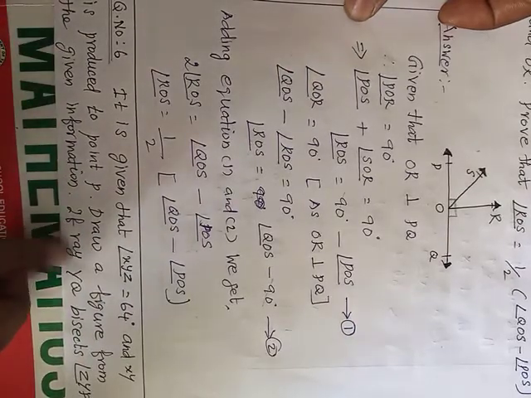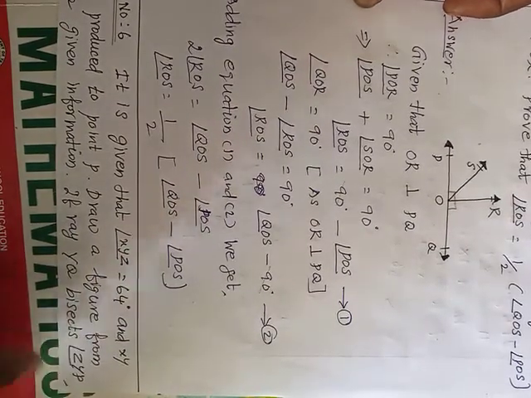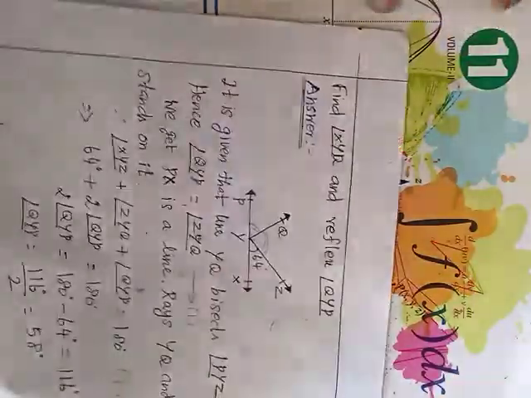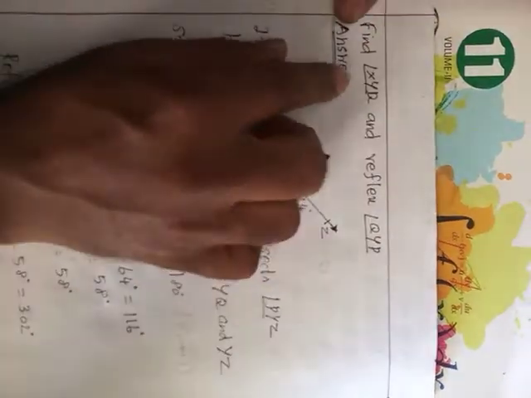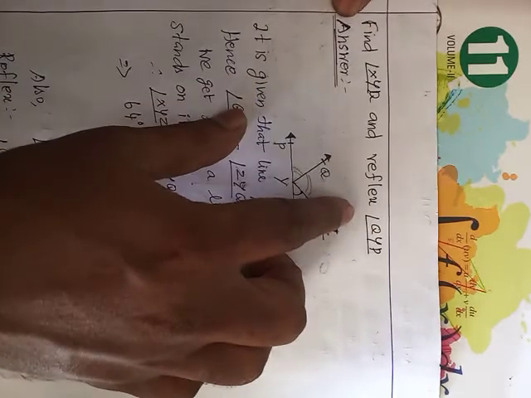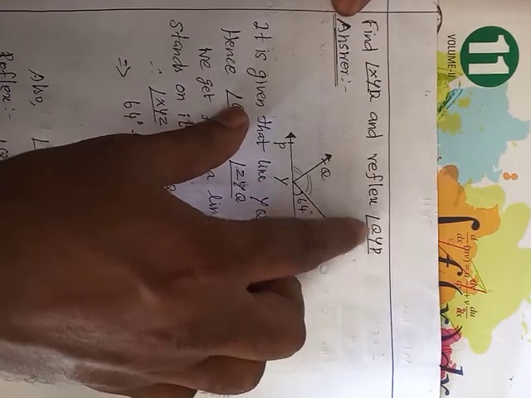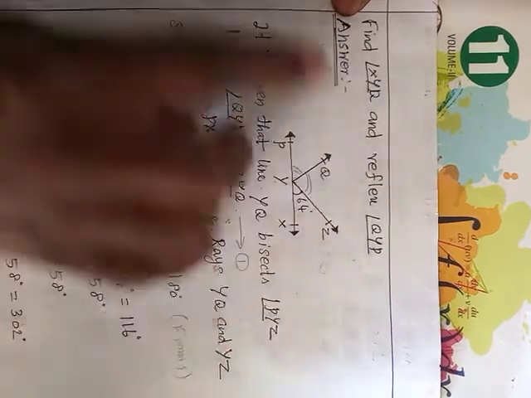If ray YQ bisects angle ZYP, find angle XYP and reflex angle QYP. Answer: